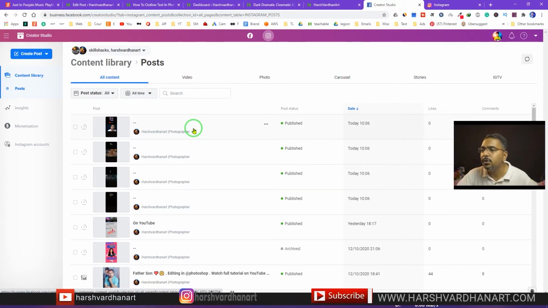All right, so in order to upload these images which have different ratios or different resolutions in full resolution without cropping, you just have to click on Create Post and click on the option Instagram Feed. If you want to upload just a video, just select IGTV Video. So you can upload videos to IGTV as well right from this Creator Studio app.